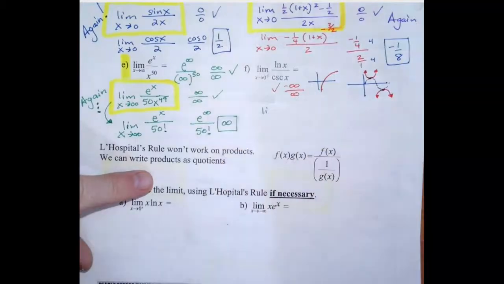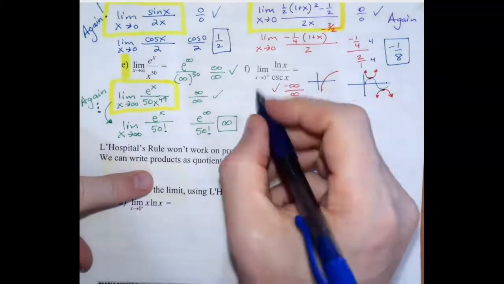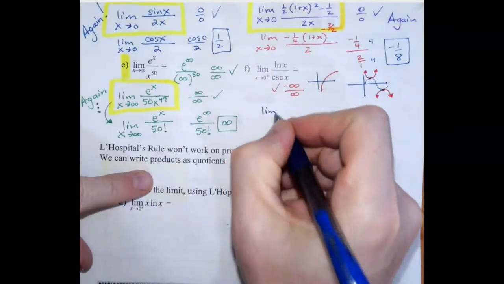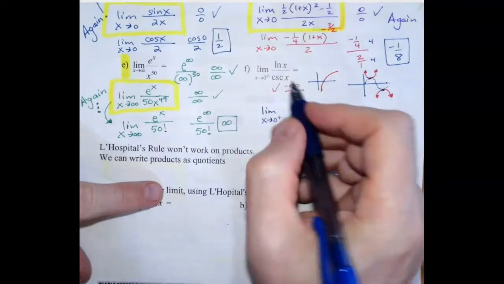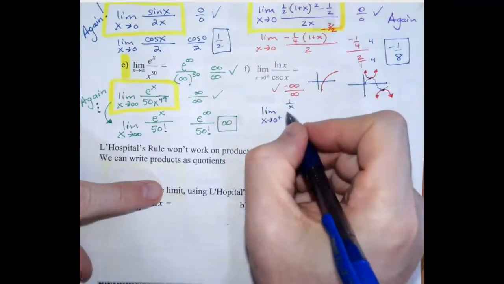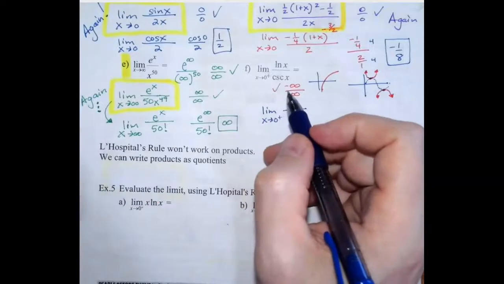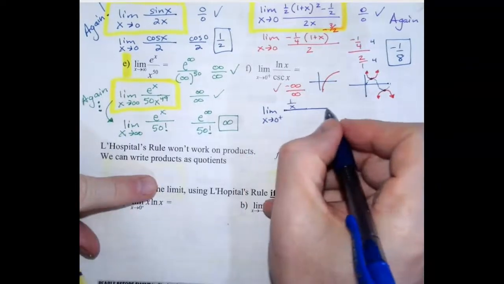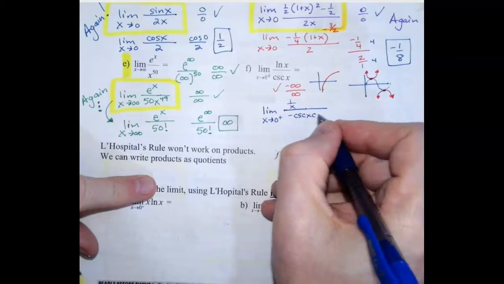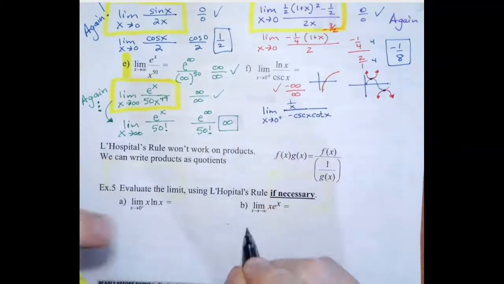we need the limit of the derivatives. So as x approaches 0 from the right, the derivative of that is 1 over x, and the derivative of cosecant is negative cosecant cotangent. Okay,